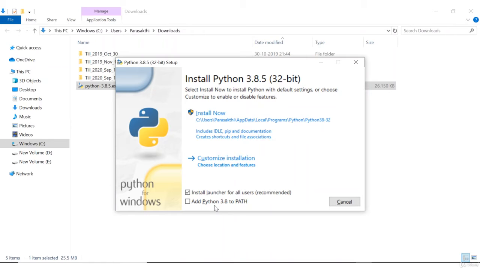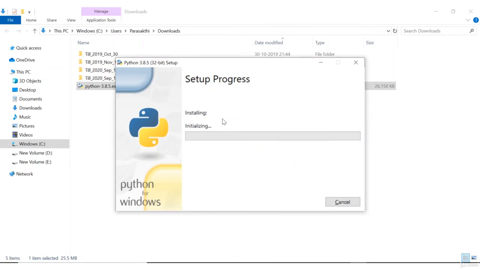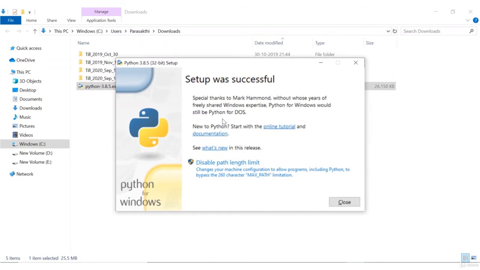Otherwise, after installation you need to add that path to the environment variable. Once you click it, click on install now. It is going to install Python, and once it is done, the setup was successful. We successfully installed Python 3.8.5 on this machine.